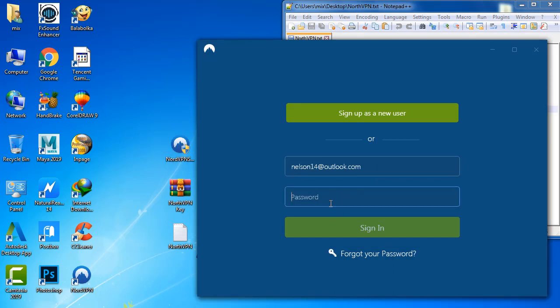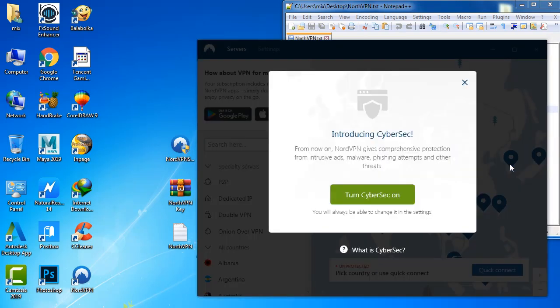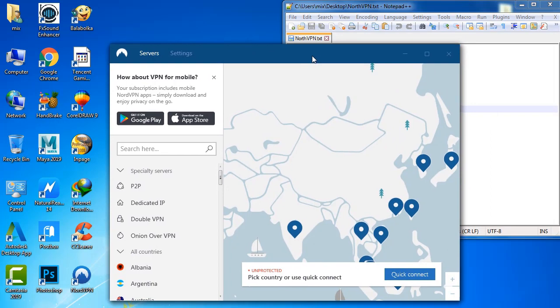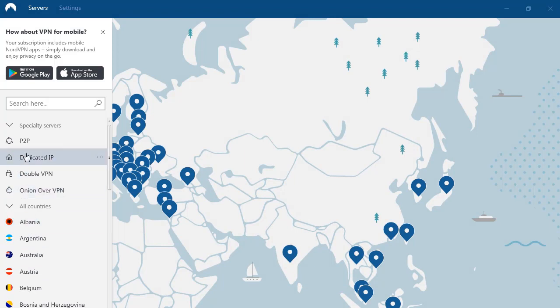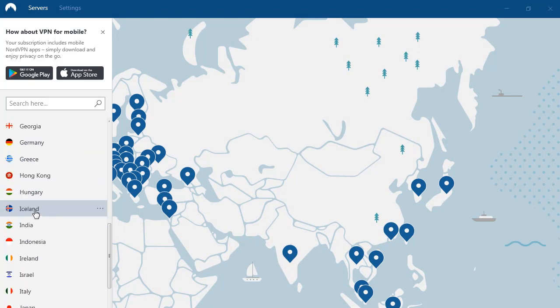Paste this password and click sign in. VPN premium account logged in successfully. To use VPN, click here on any one country,